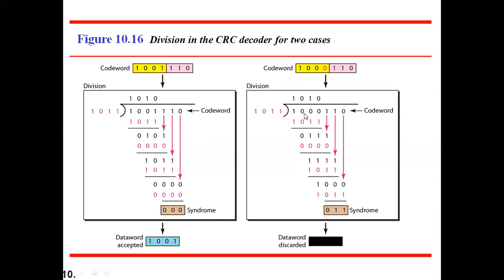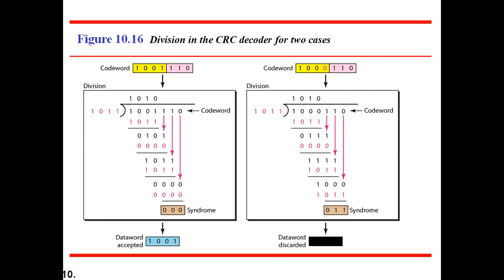If we receive this data at the receiver side, if we receive the code word as 1000, followed by 110 as our remainder, in this case, again perform the division operation. Then here we are getting the remainder. If you get any remainder, that is nothing but an error has occurred in the transmission. Then definitely in that case, the data word will be rejected.